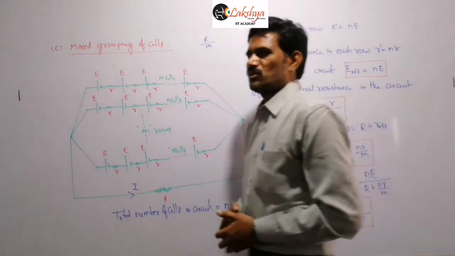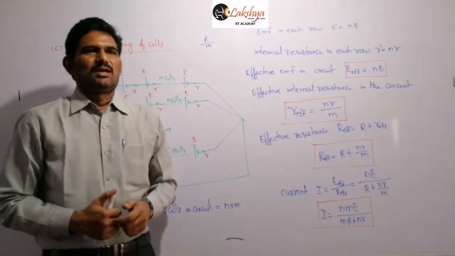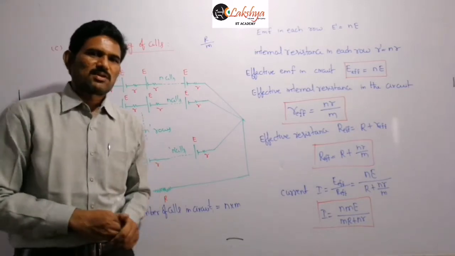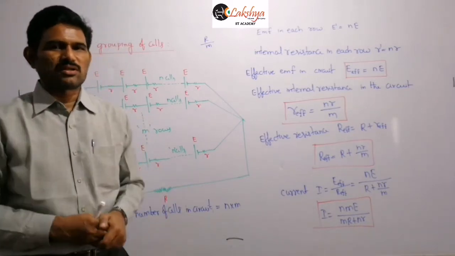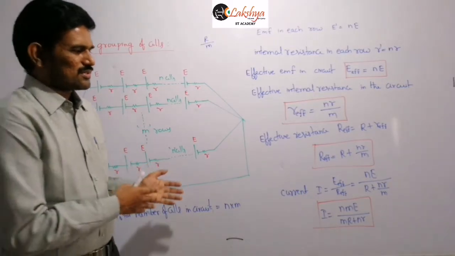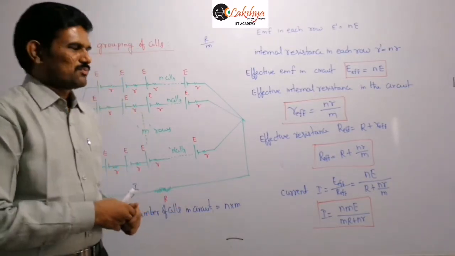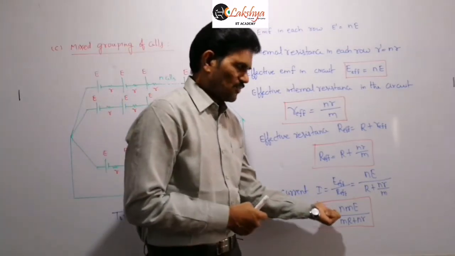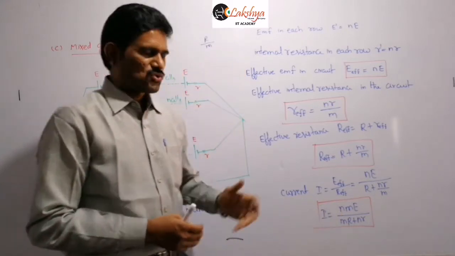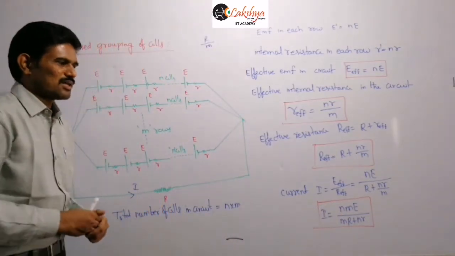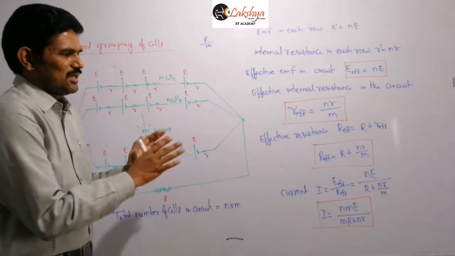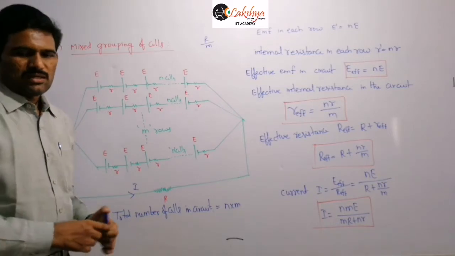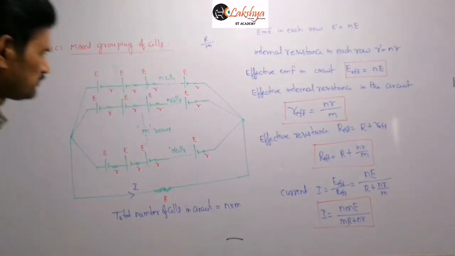Now here actually we need to derive a condition for when the current or external power supply to this external resistance will become maximum. That condition is very important, so we need to discuss when this current value will become maximum. To find that, we just need to do some modifications in that expression here, so that we can answer easily when the current becomes maximum. Is it clear?